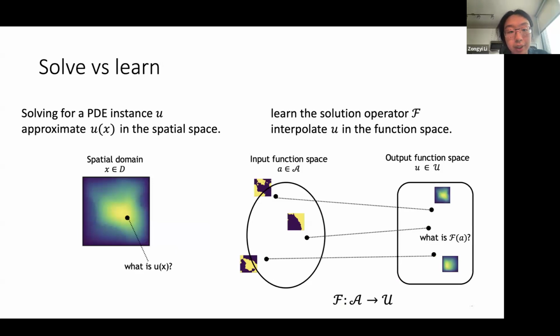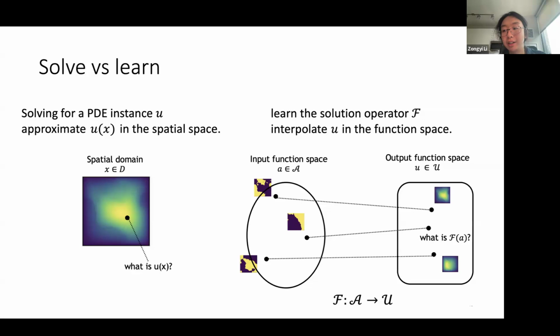Compared to numerical solvers, where we usually discretize the space and solve the system on the discretized space, here we are trying to discretize the input-output function space. Then given a new input, which comes as a new function or new image, we will try to find the corresponding output in the output function space. So we kind of turn solving optimization problems into statistical inference problems.